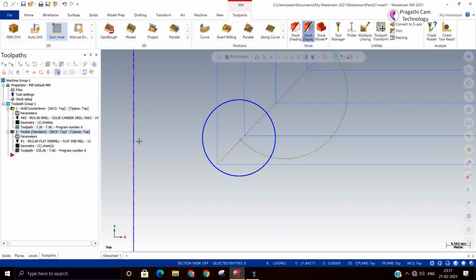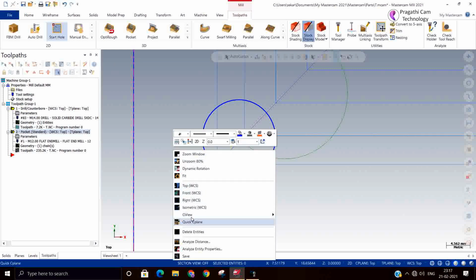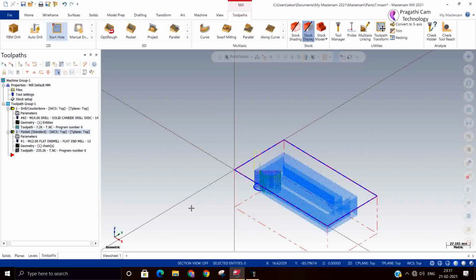This is the start hole option. The advantage is that in the material, it will suggest the best place for entry, so that will help you to make a drill at a suitable place. So this is all about the start hole option.